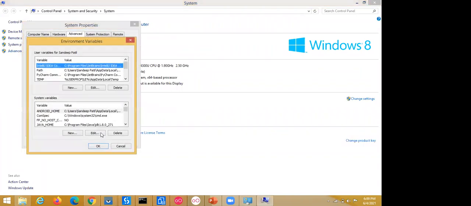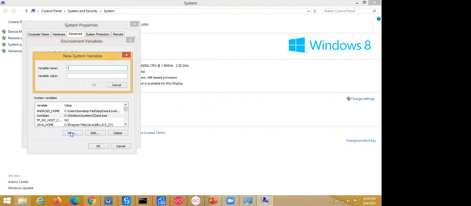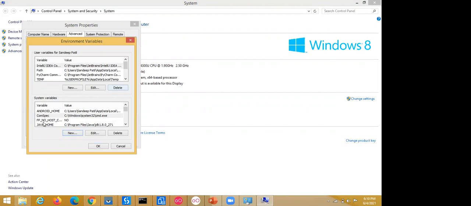Click on environment variables. Here is the system variable. Click on the new button, enter JAVA_HOME and paste the copied path, and click OK. I'm clicking cancel because I've already set up the path here.